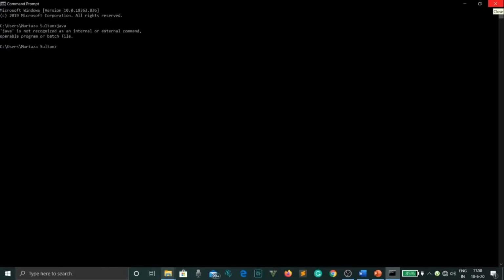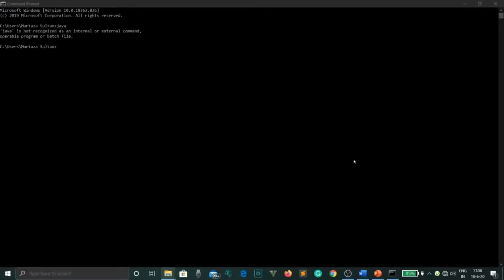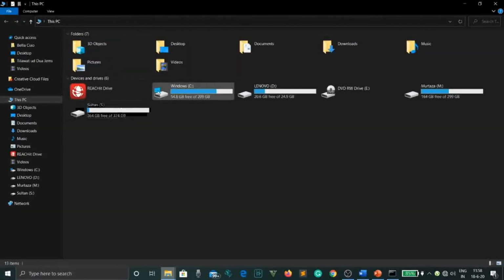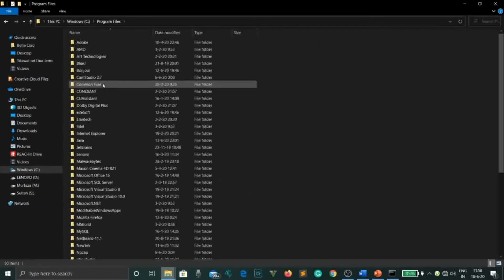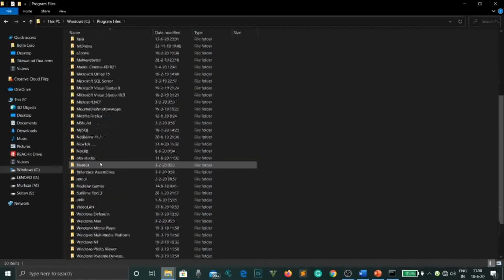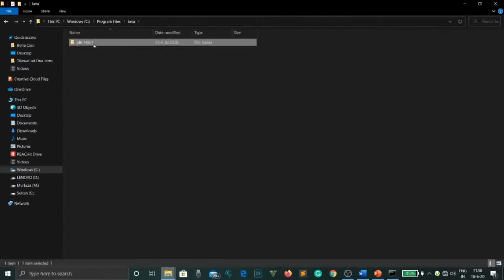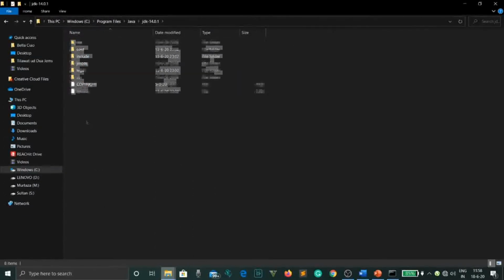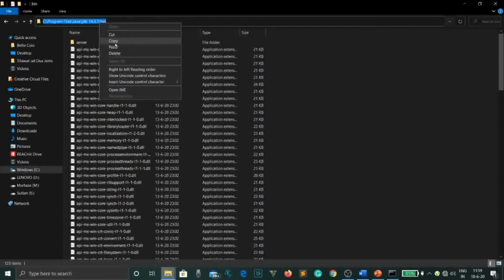For that, first you'll have to go to the folder where you've installed your JDK. In my case, it is in This PC, C drive, then in Program Files. Here you'll get many options, but you have to select the Java folder. Double click on the Java folder, then on the JDK folder. Here again you'll see lots of folders, but you need the path for the bin folder. Double click on the bin folder, then click on the top address bar. It will get highlighted in blue. Then you'll have to copy the path.